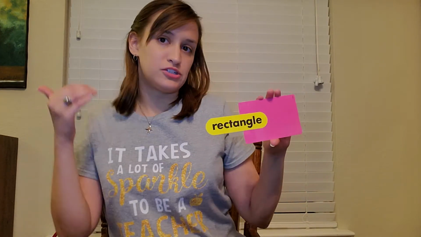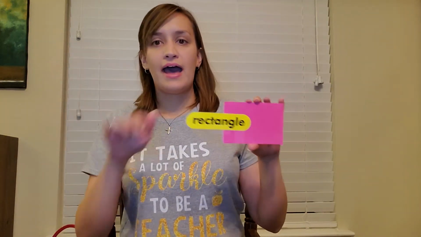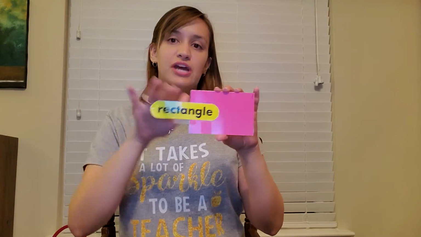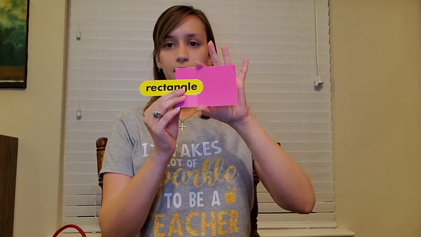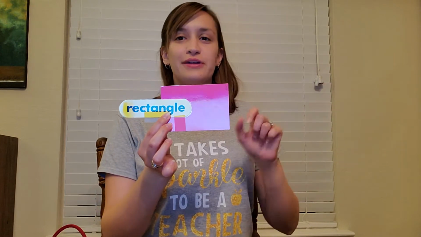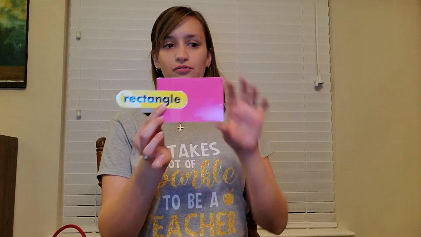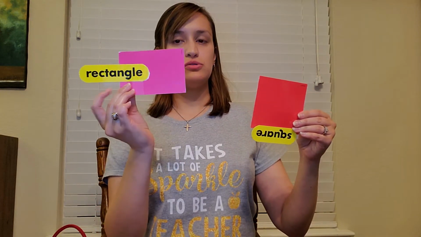Our next two-dimensional shape is a rectangle. A rectangle is kind of like a stretched out square. In fact, squares are often called special rectangles because rectangles and squares each have 4 sides. However, the difference between a rectangle and a square is that a rectangle has 2 short sides and 2 long sides. Also, like a square, a rectangle has 1, 2, 3, 4 vertices. So remember, in a square the sides are all the same length, but the rectangle has 2 short sides and 2